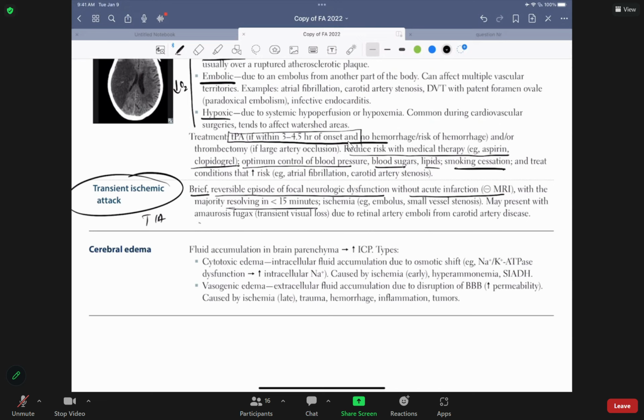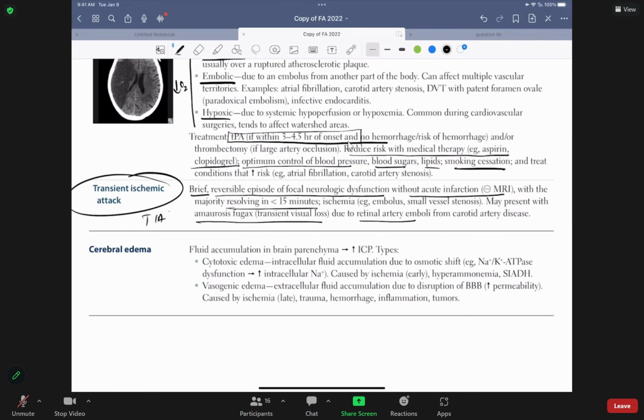It may present with amaurosis fugax. What is amaurosis fugax? Usually they say you're losing vision. It's like a curtain coming down and closing, you see? And then it goes, that's what it is, folks, okay? That's because you have a small clot in the retinal artery. That's even worse. Like imagine you are sitting there and you feel like a curtain coming down and then it goes back, right? These are signs of early stroke, folks, TIA.